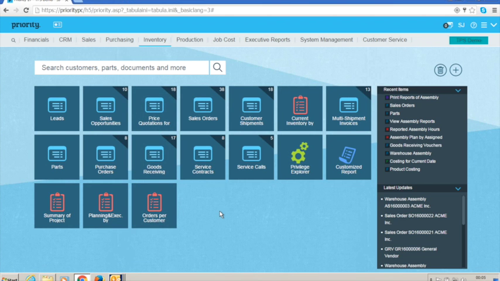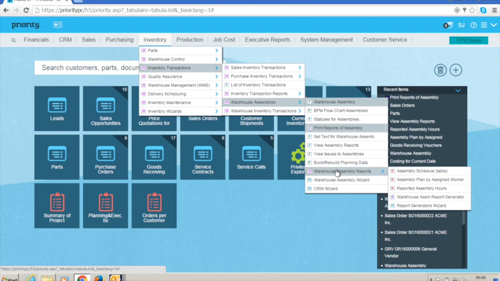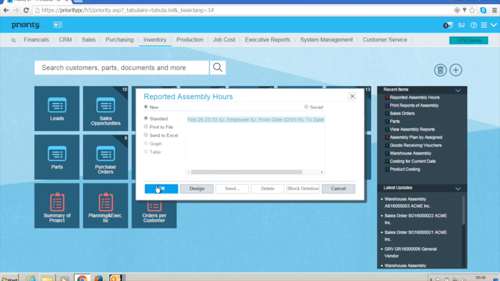schedules of work, so all the work that's actually been allocated to technicians for actual assembly. If you schedule it, and we haven't really looked at the scheduling, but if you schedule the individual workers, then you can run reports on their schedules. You can also look at the totality of hours that have actually been put into the assembly process. So if we pick up, for example, the reported assembly hours, there aren't many hours in here, but